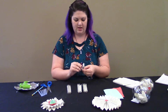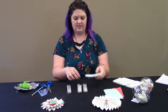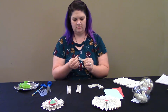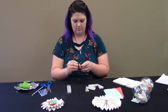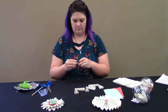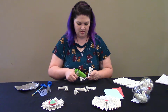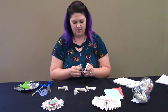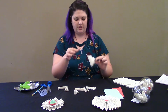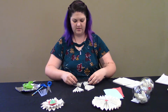Folded pieces of paper, and then you're going to fold them in half like this. We're going to take our glue gun and carefully glue on the inside of that fold that we just made, so that we have a little corner. And we're going to do that to each one. Alright, so now we have the 4 corners of